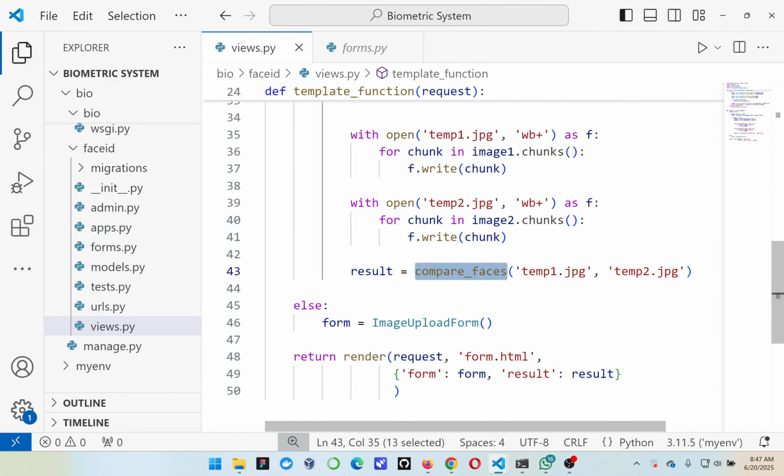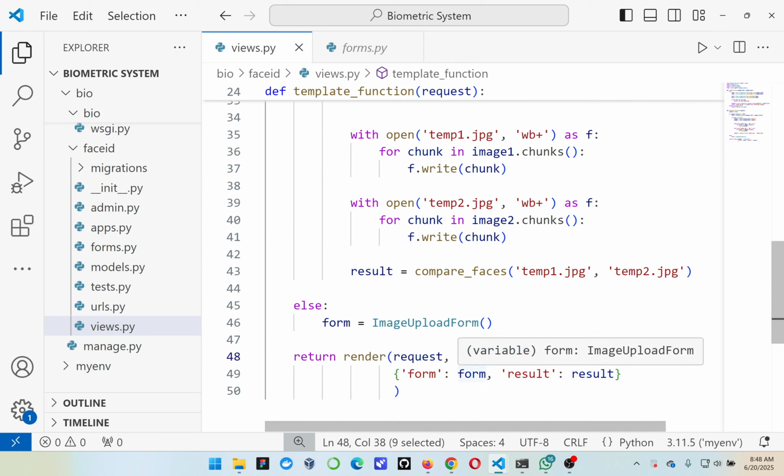In the next video, we are going to work on how we will get this form.html template and present it to the user. The user will upload the forms, then we pass it to our